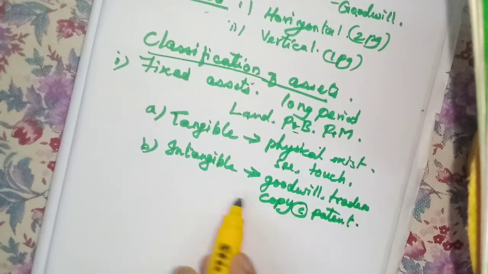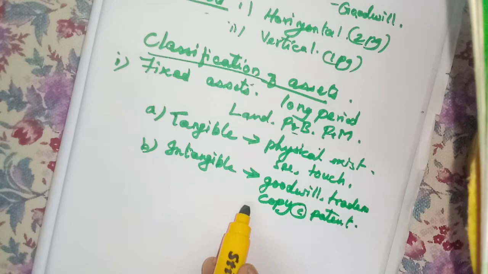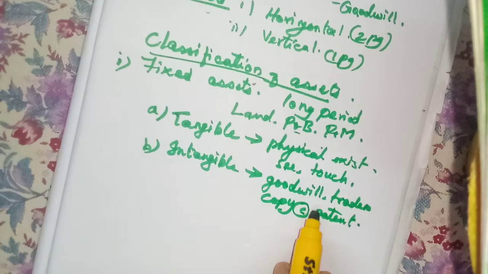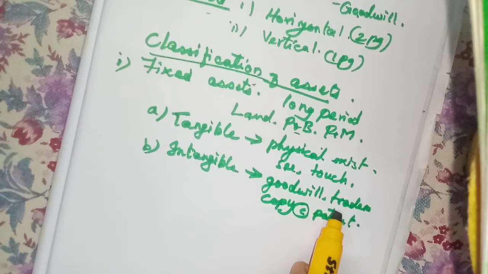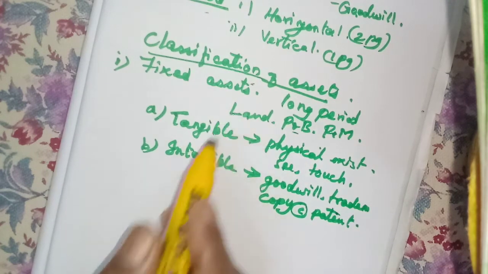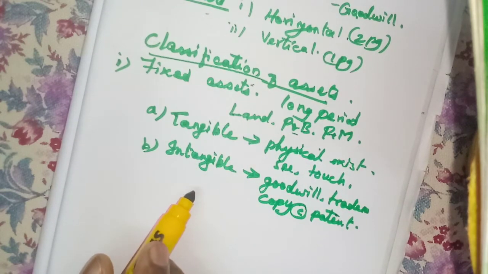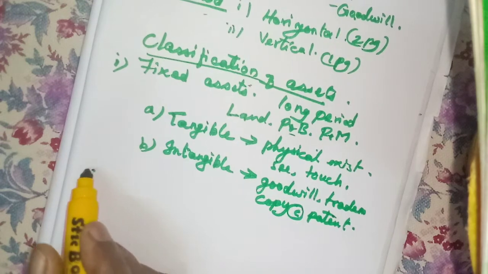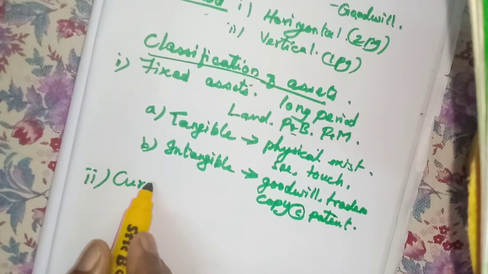So these assets cannot be seen, but they are also assets that the owner or the organizer has earned. These assets can be sold for money, cash, but we cannot show them as we show the tangible fixed assets. Okay, they are the intangible fixed assets. Now the second kind is the current assets.